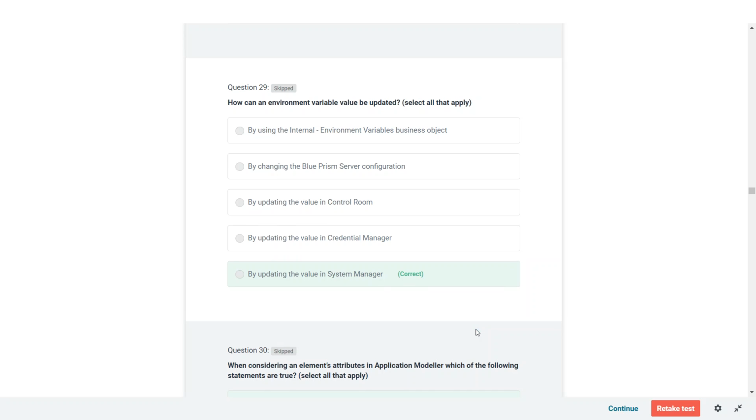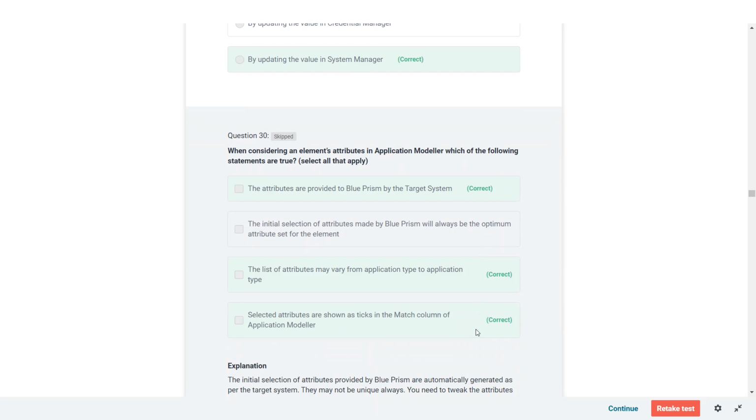When considering an element's attributes in application modeler, which one of the following statements are true? We have to see the options. Okay, the attributes are provided to Blue Prism by the target system. Yes, the target system will have some attributes, and they can be captured by Blue Prism. The list of the initial selection of attributes made by Blue Prism will always be the optimum attribute set for the element.